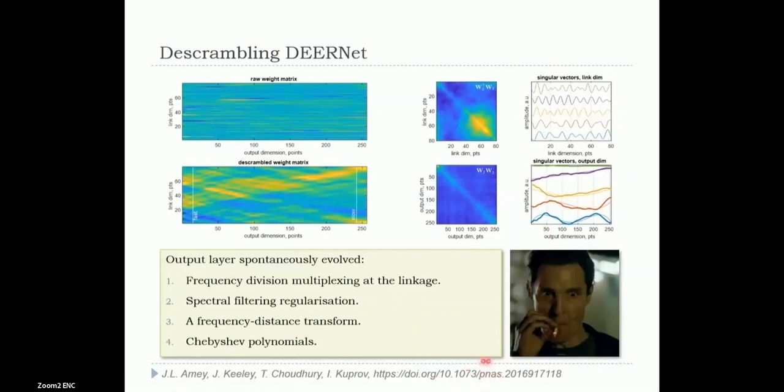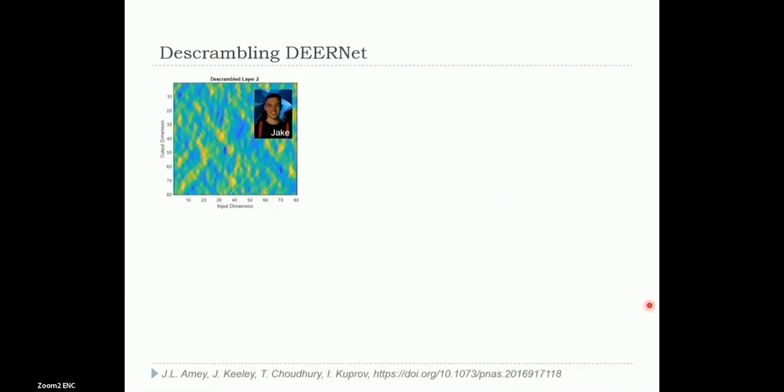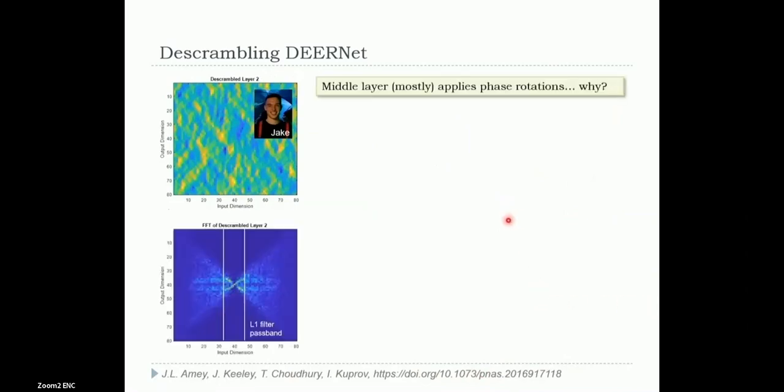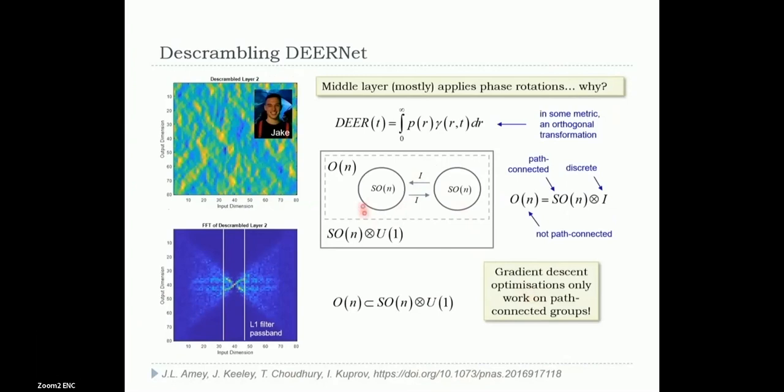So that was scary enough that it ended up in PNAS. I will not go through the details of what the intermediate layers do. Jay Keeley managed to do that. It's a great pile of group theory to do with the connectivity of the special orthogonal group in that it